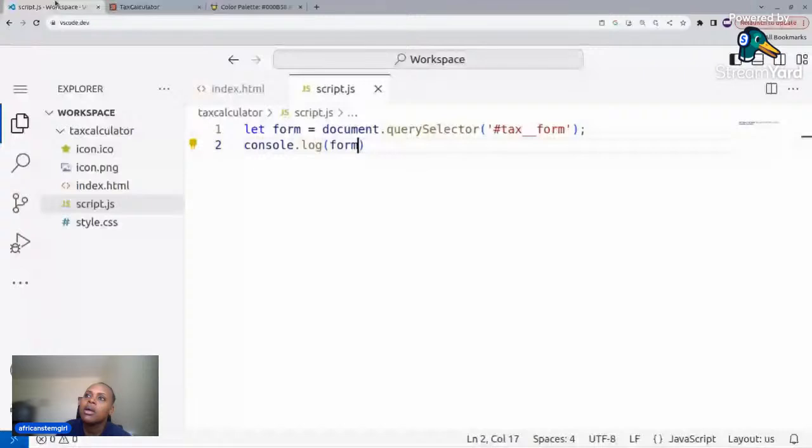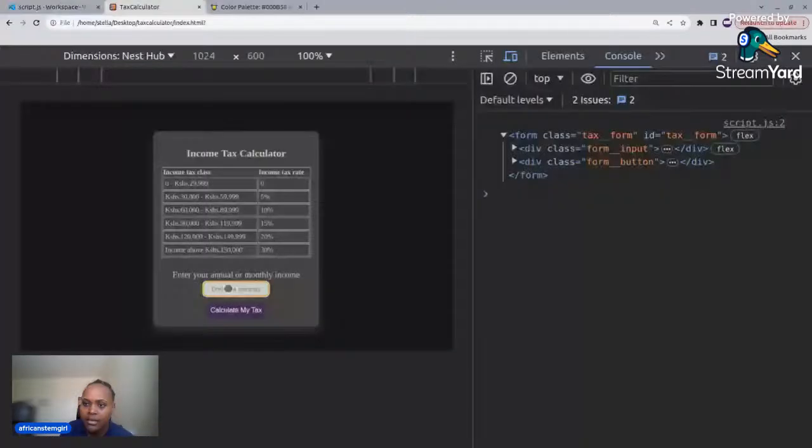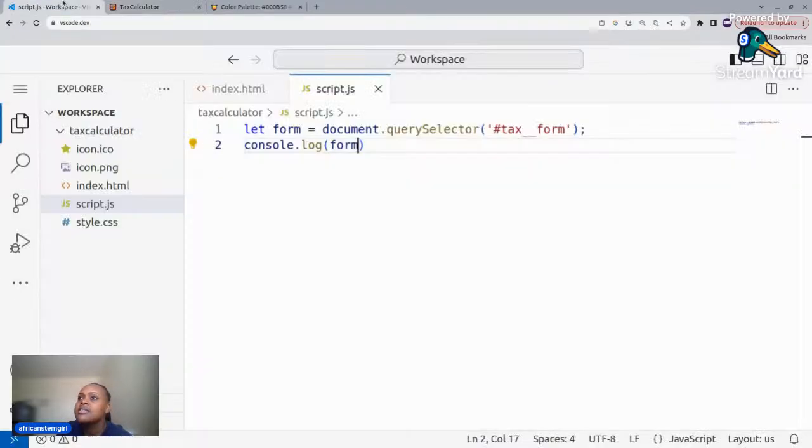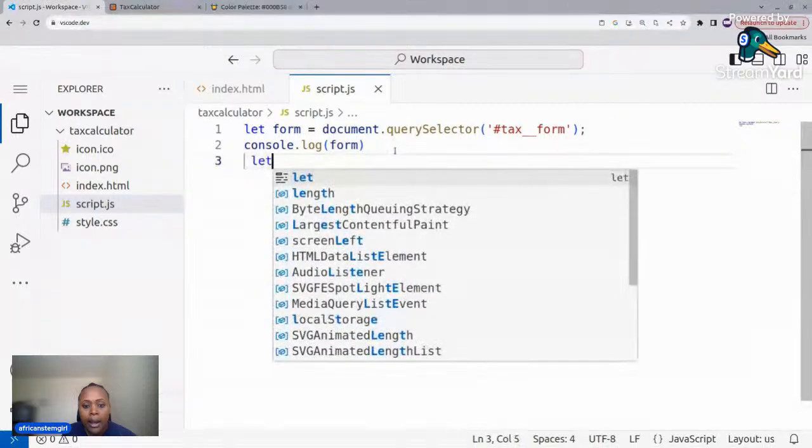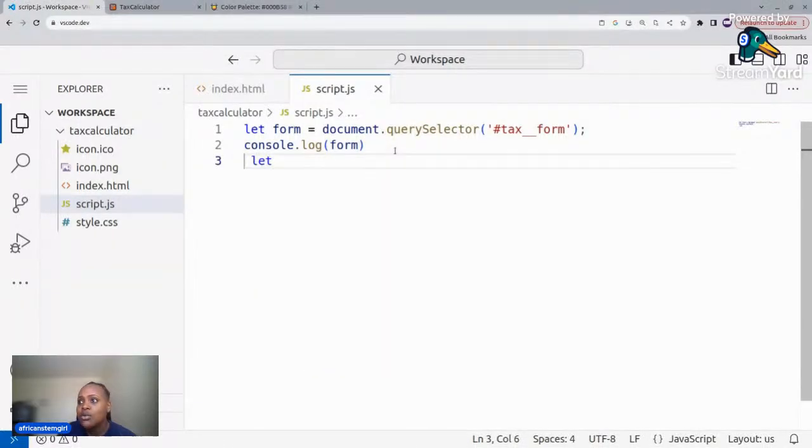So what do I do next? From there, I will create a function that checks the value that I put in here. It checks that value, and then it says if you have put this value, then you're going to be taxed. It calculates the tax. So we can create a variable that captures whatever the user writes. So we can say let